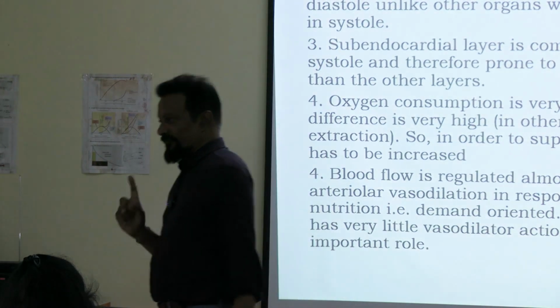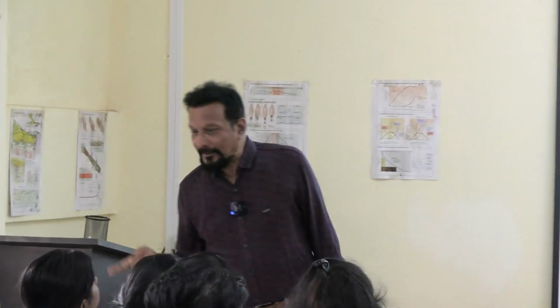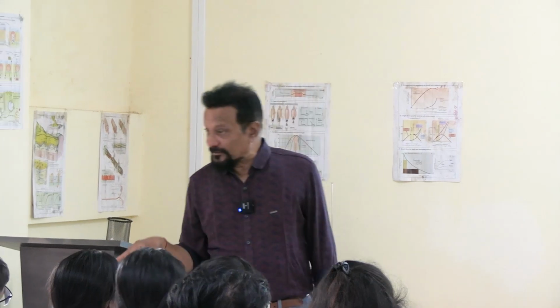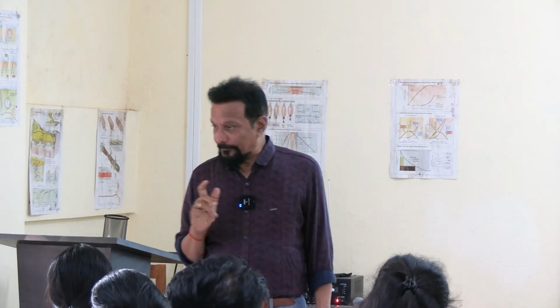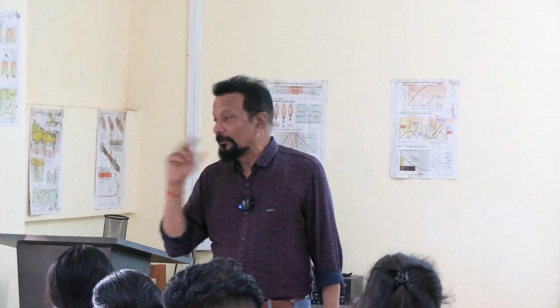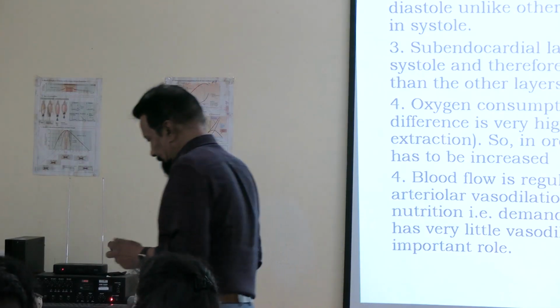So that's why our definition is: the amount of blood ejected by each ventricle during each contraction is called stroke volume. The amount is normally 70 ml. It varies. This is the mean value. Another term we use,